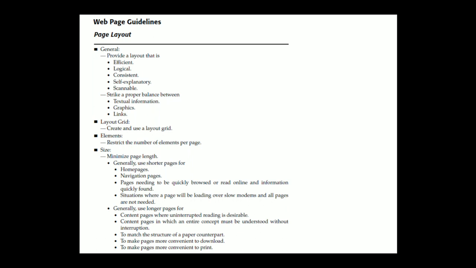Moving on to layout grids. In order to provide both structure and consistency to a web page, try to establish a standard layout grid or grids for each of these web pages or site's pages. Grids may be necessary for site pages with different purposes or varying complexity.